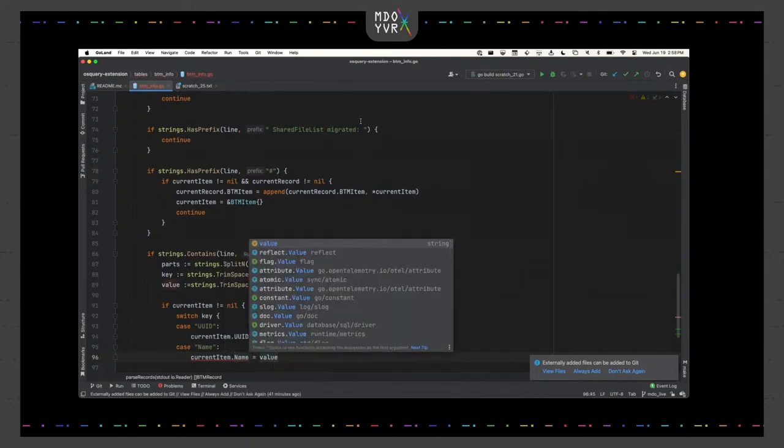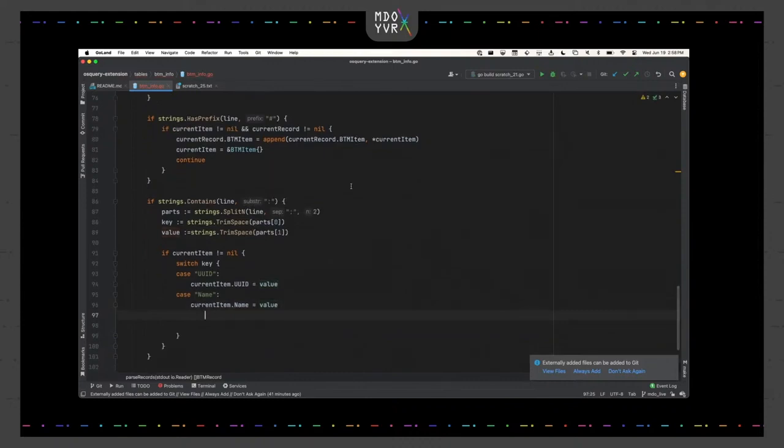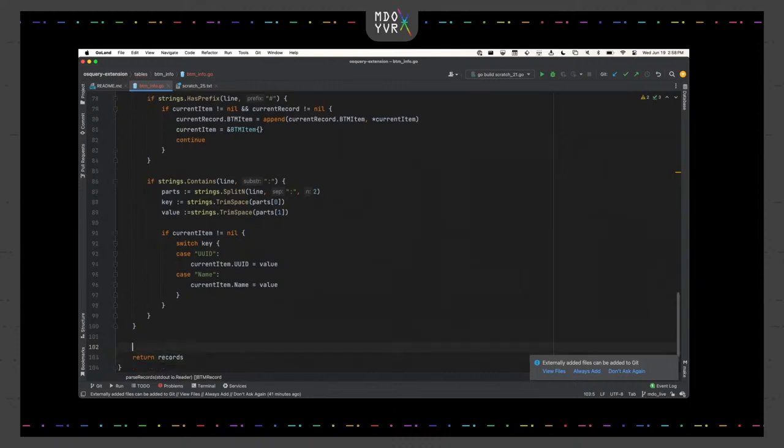Okay, so let's start with this. Let's see how it goes, and we just need to append the last 2 items here. So I'm just gonna do that. If current item is not nil,